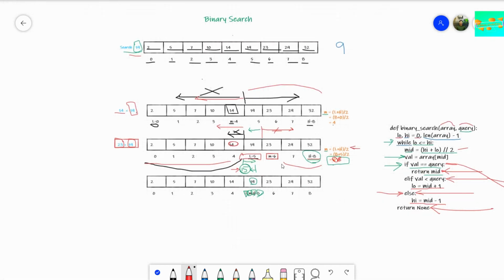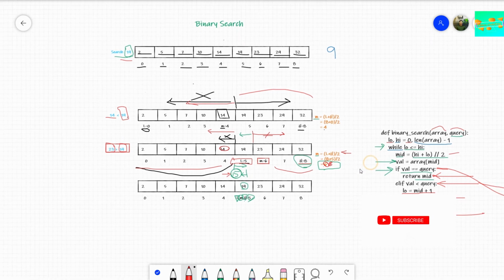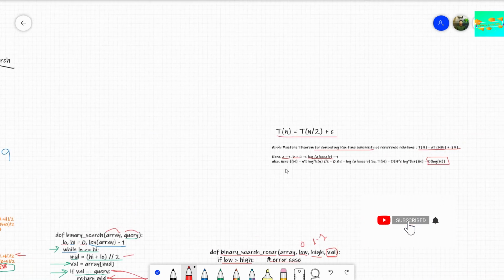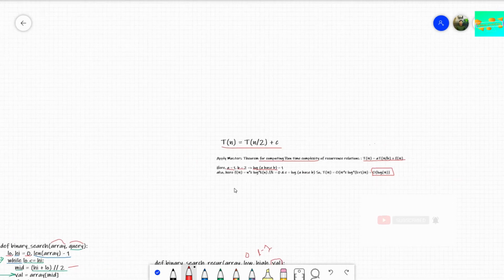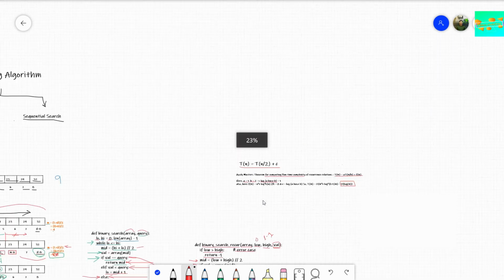And the worst case time complexity is when we searched the whole array but couldn't find the element. The worst case is also order of log n. And the average case, when we find our element but not in the first run, is order of log n. So that's all for today's video, guys.